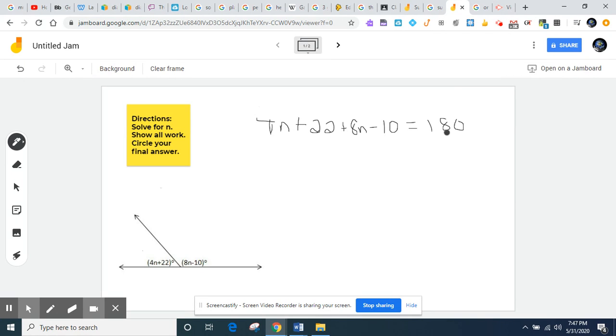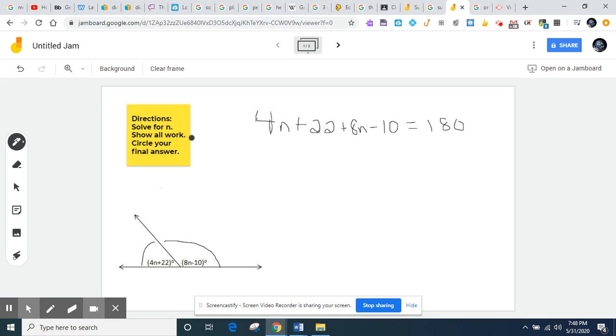So again, the only thing I did is I took my two angles here, the 4n plus 22, which is this angle, and the 8n minus 10, which is this angle, and added them together and set them equal to 180 degrees, again, because they form this straight angle here, okay? So now that we have our equation,